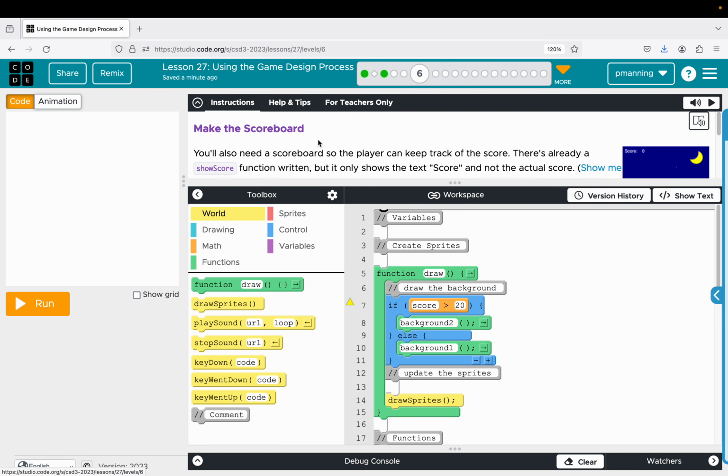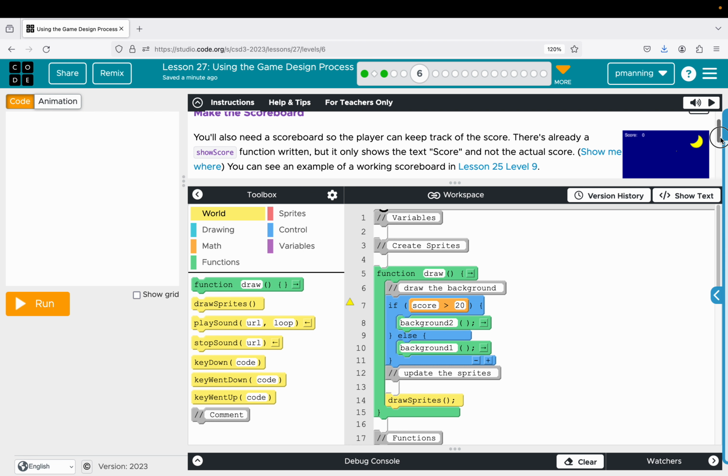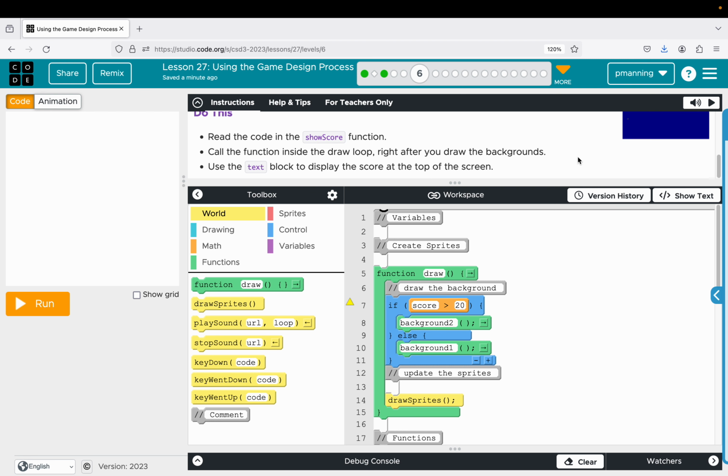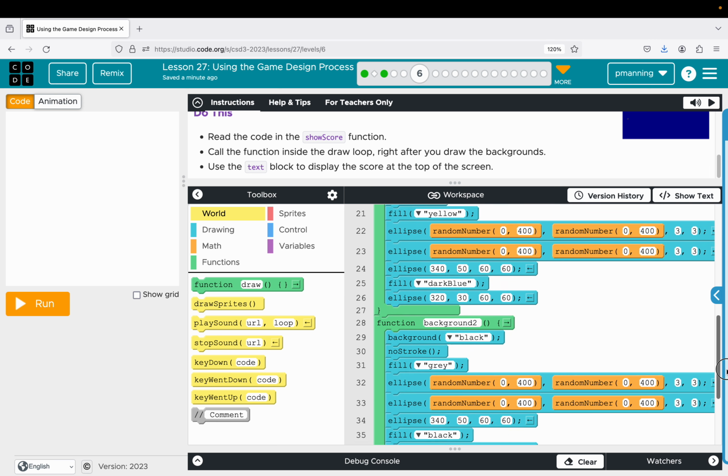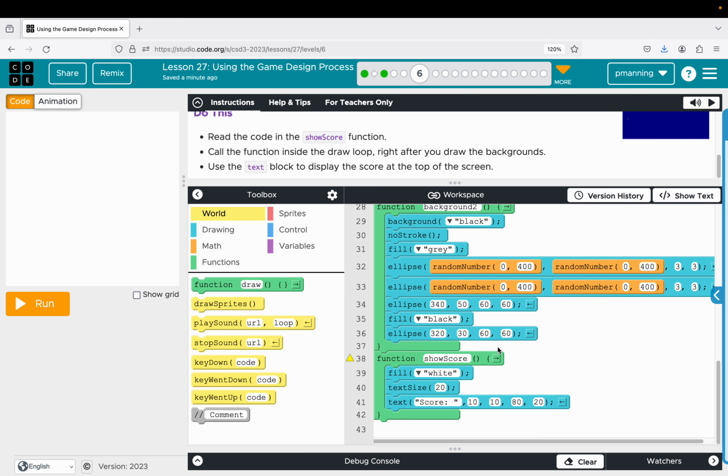You also need a scoreboard so the player can keep track of the score. There's already a show score function, but it only shows the text score and not the actual score. Let's go find that show score function. We're going to add this in. This should work. Sometimes it doesn't, and I really get frustrated why. But if we do plus score right there,